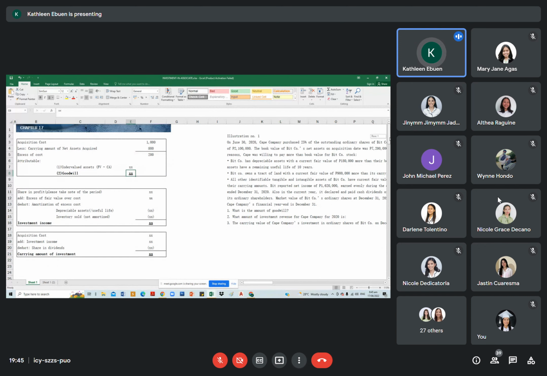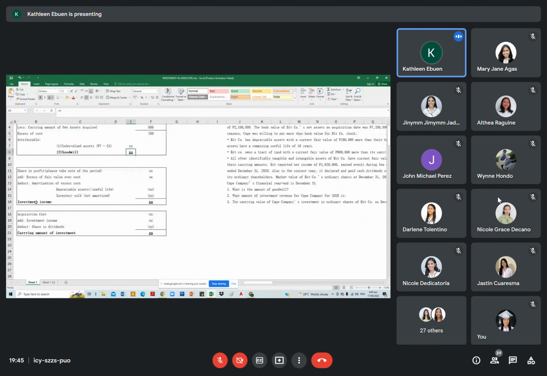Sa investment income naman, okay. So, dahil investment in associate siya, gagamitin natin yung equity method. So, sa equity method, yung share in profit po, that is part of the investment income ng investor. No? So, we have to get the share in profit. Tapos, i-check nyo class yung period. No? For example,